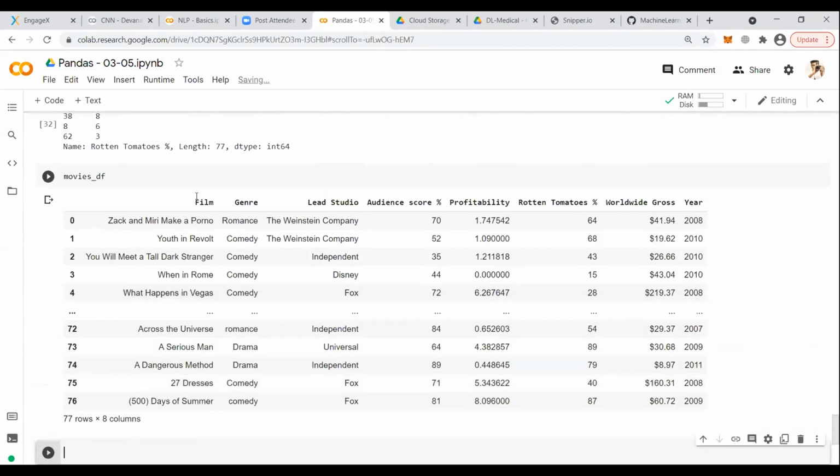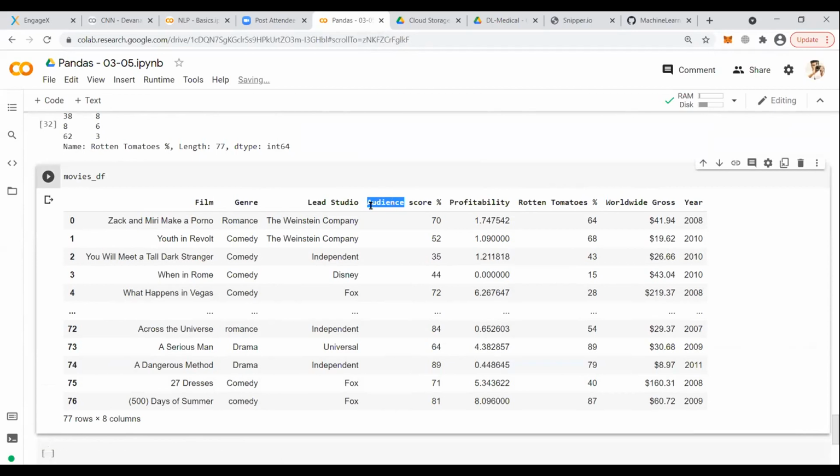In this case, we have got multiple columns. Now I want to sort the entire values. Suppose I want to arrange this by the year, or maybe by the audience score.